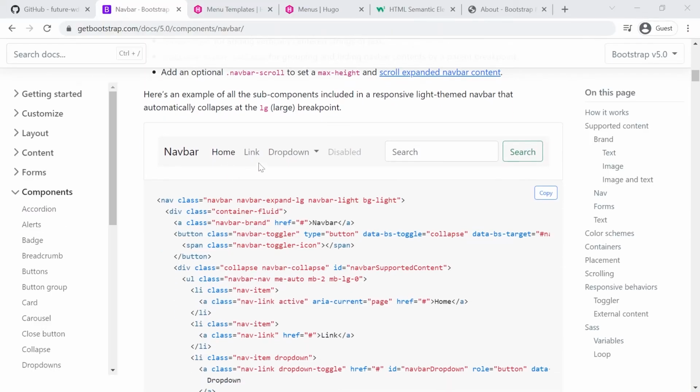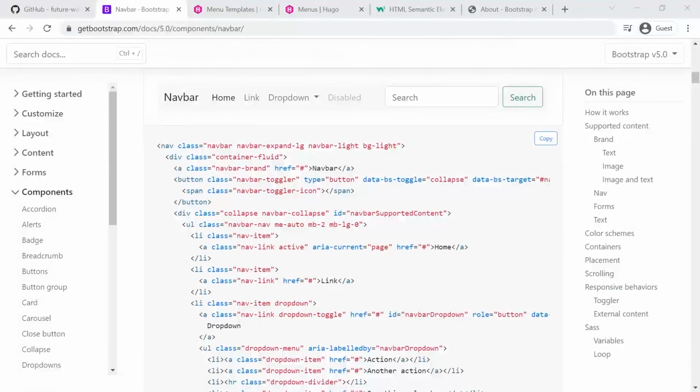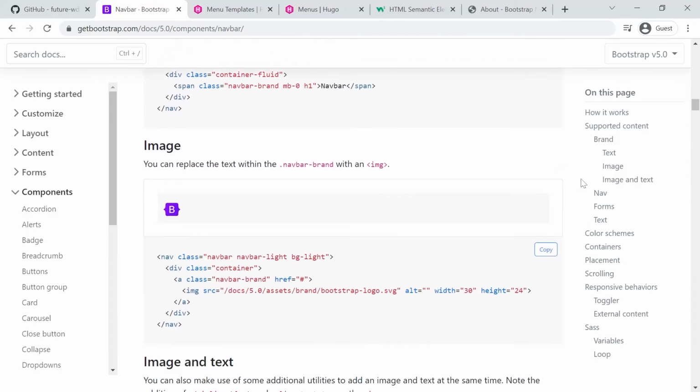All right, so having a look at the docs. So far we've already disabled the search field. I'm not worried about the drop down menu or the disabled menu link in this video. We'll look at customizing the word navbar and the link. Currently here is just a placeholder for the name and the actual URL. We'll then have a look if we scroll down further,